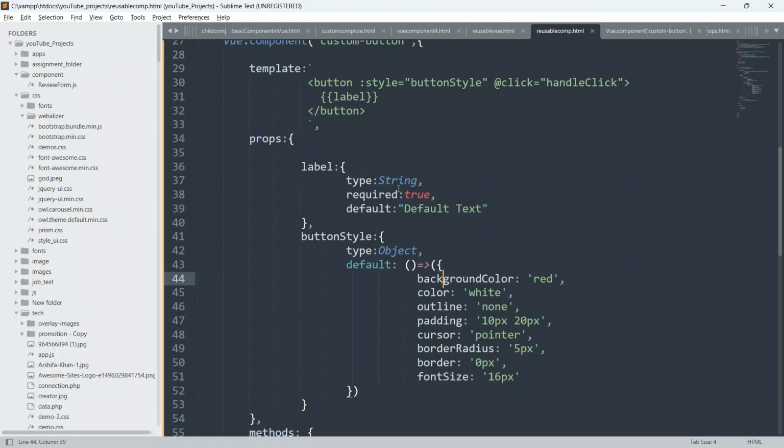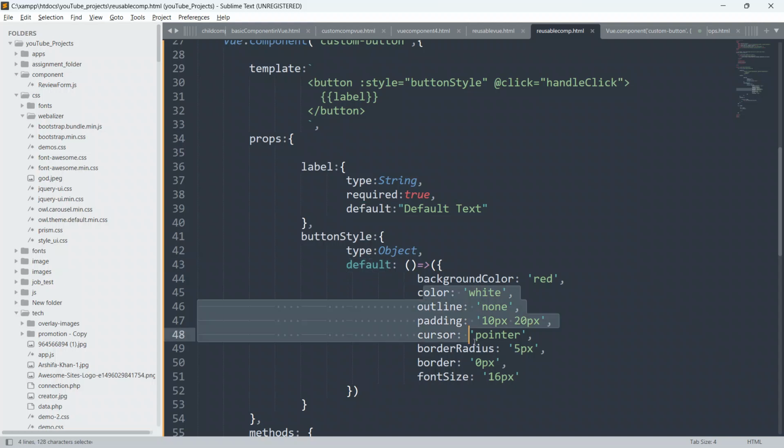I have used the v-bind attribute to bind a style to this button, with style equal to this button style. By default it will be applied because the default value is this.